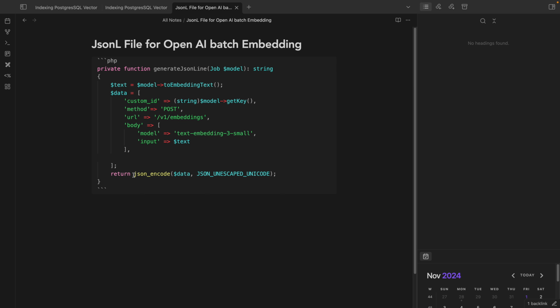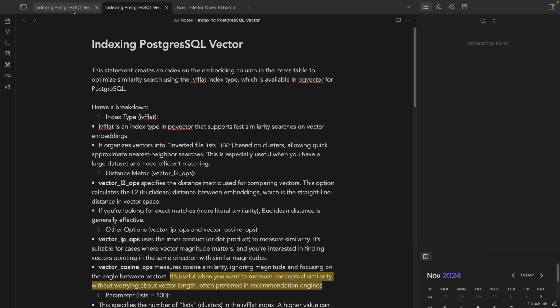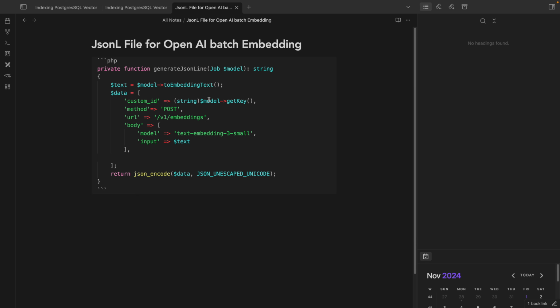This array will be converted into JSON and saved into one file. Similarly, for 4,000 jobs, we'll convert each into one line. One line contains this JSON data, and there will be 4,000 lines, each having their corresponding model's text string. And that one file we will upload